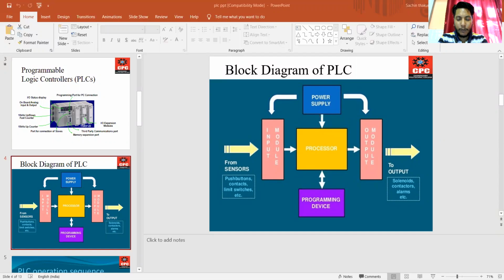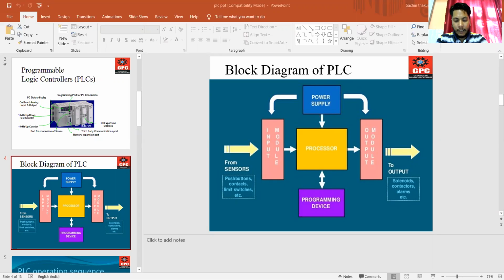It is also used to troubleshoot the PLC ladder logic program. These programming devices are used for loading the user program into program memory, or editing it, or to monitor the execution of the program of the PLC.